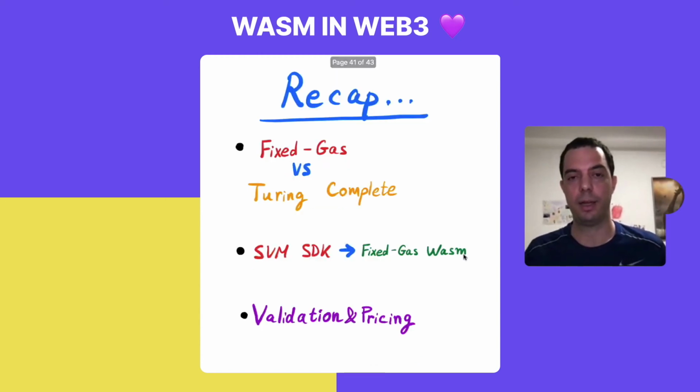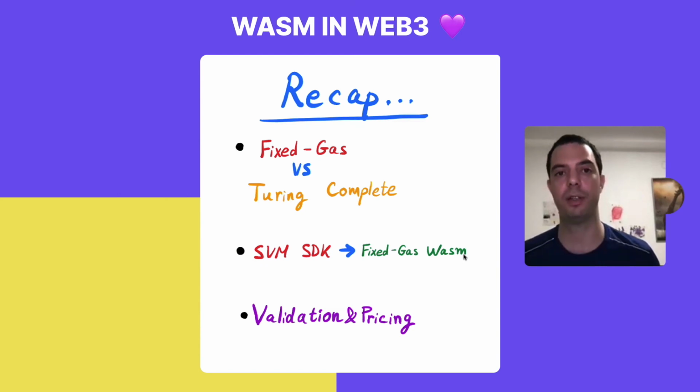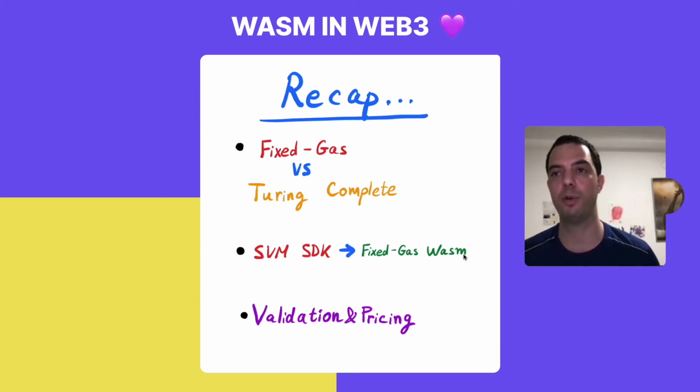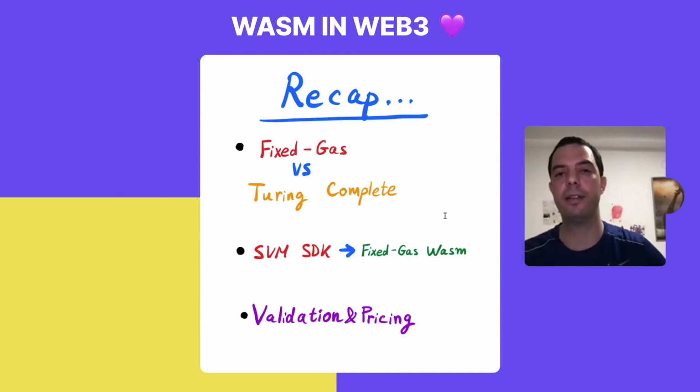Okay, so recap. We started the talk about the trade-offs, and as I've explained, in Spacemesh and in SVM in particular, we decided to put the emphasis on the fixed gas. We want to give the best user experience to the users that will use our system, our platform. The target audience is virtually every person that has a machine, not only very technical people. And once we have taken this decision,